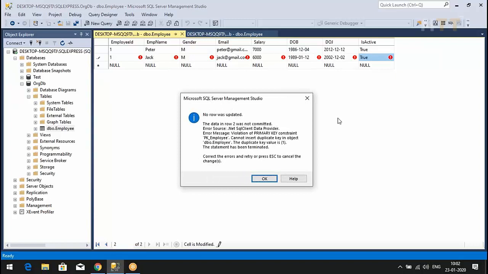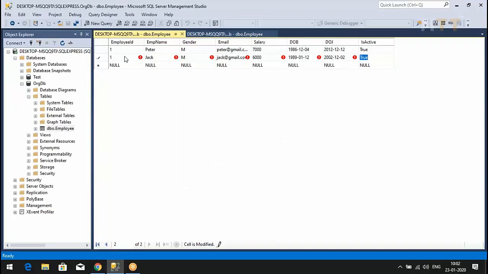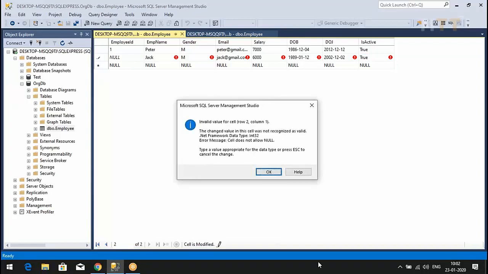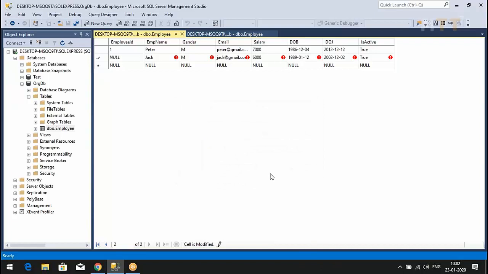Now, what do you see? It is violating the primary key constraint. So employee ID is primary key. Means what? Its value cannot be duplicated. If I say null, it will not take a null value. So the constraint that we have applied, that is primary key, is working as expected. It should be fine. Is this clear? Anybody any doubt?